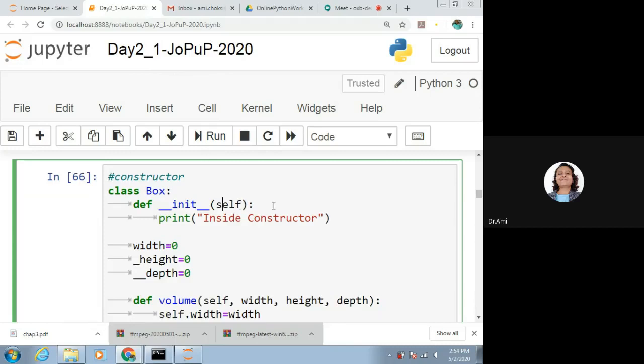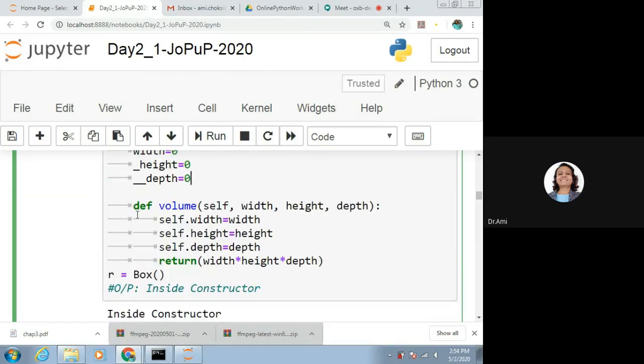So this is the constructor. We will print inside constructor. width is equal to 0, as no underscore is there with the variable, so we can say it is a public variable. _height is a protected variable and __depth is a private variable.